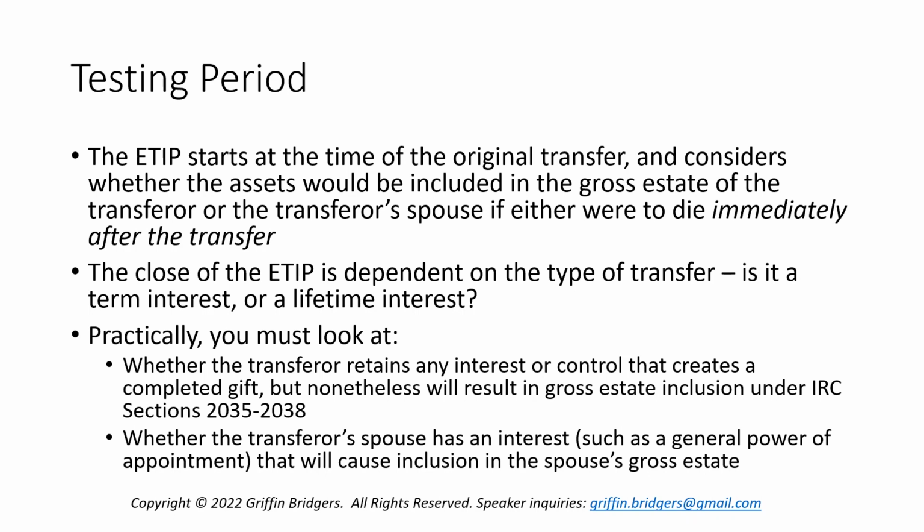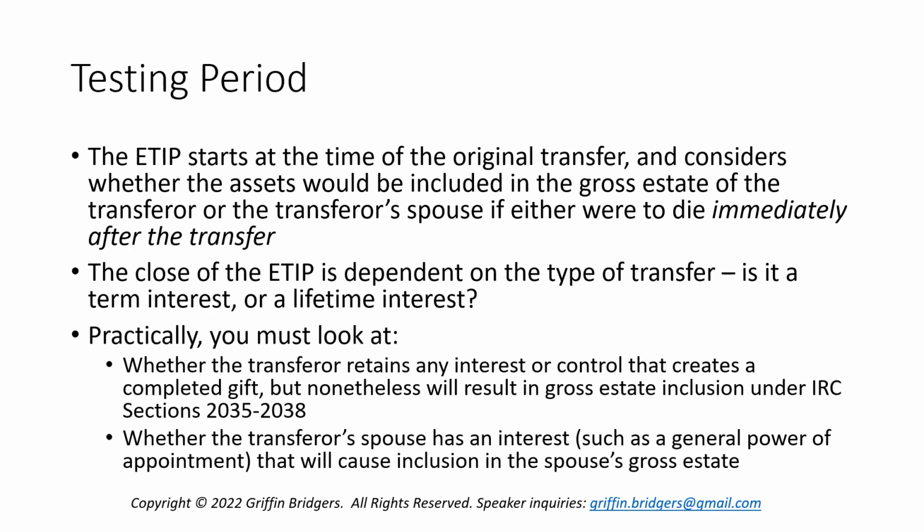So to determine when that period closes, it's largely dependent on the type of transfer and the types of rights or interests that are creating this gross estate inclusion. For example, that could include a term interest or a lifetime interest, depending on certain types of trusts. It could also get into the weeds on the terms, benefits, and control of the trust, and with respect to the transferor, consider whether the transferor has retained any interest or control that might create a completed gift, but nonetheless result in gross estate inclusion under Code Sections 2035 or 2038,